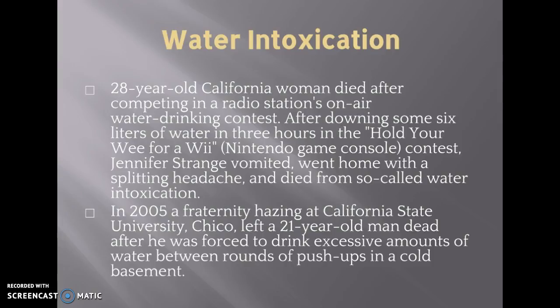This concept of hypertonic, hypotonic, and isotonic solutions, you have to worry about it with IVs, and that's the reason why you can't drink salt water, because salt water is going to cause the water inside of your cells to move out. But we've also had some issues with water intoxication, so you can actually drink too much water